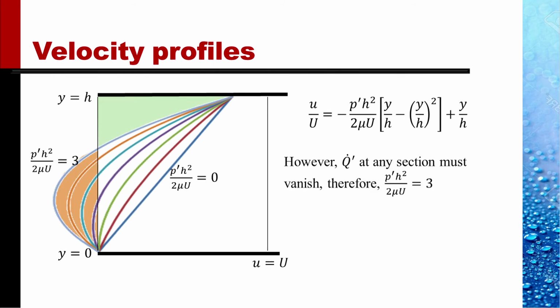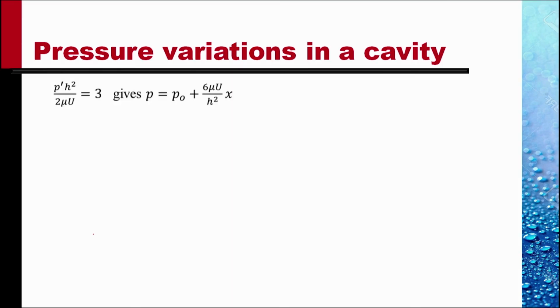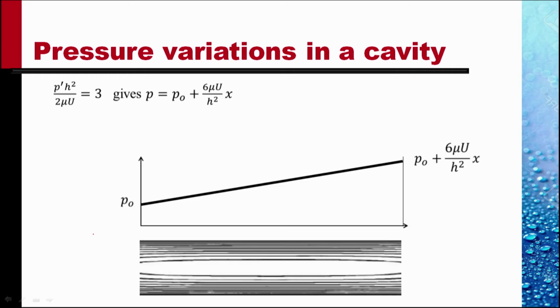They cancel out. So q dot prime at any section must vanish, and this vanishes only when the value of that parameter is 3. The green area is exactly equal to the brown area and the net flow is 0. This gives the pressure varies as P naught plus 6 mu u by h square into x. This is the pressure variation linearly along the slit,